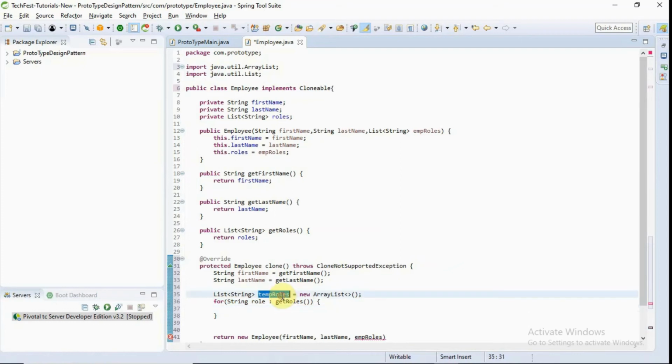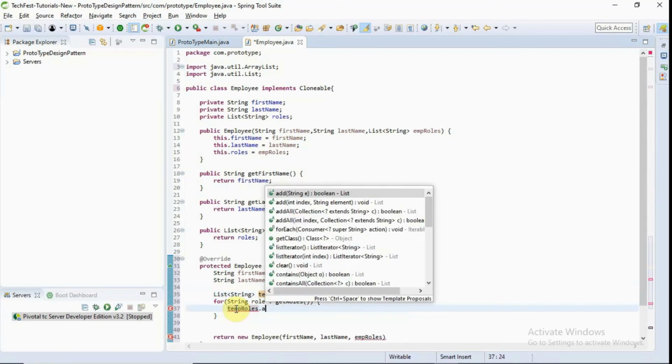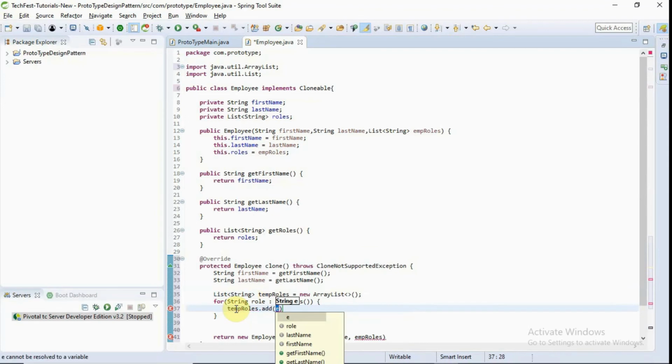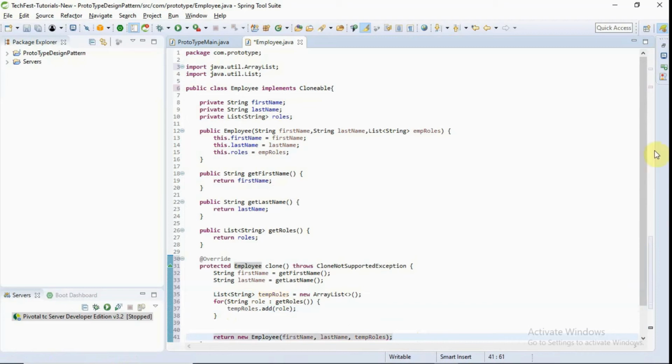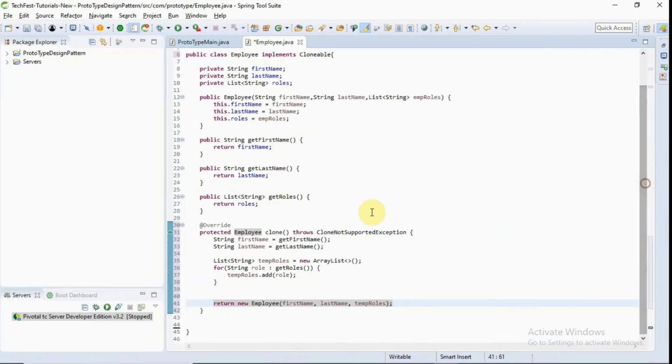Basically I am getting all the roles from this and adding those roles in this list, and that list I'll pass here in the employee. So this is the employee class we have created for this.